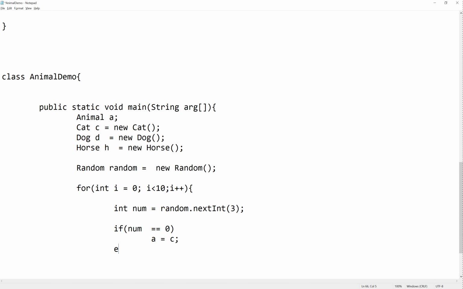Else if number equal to 1, then I say A equal to D. It means this will get the object of dog, right? This will get object of dog,